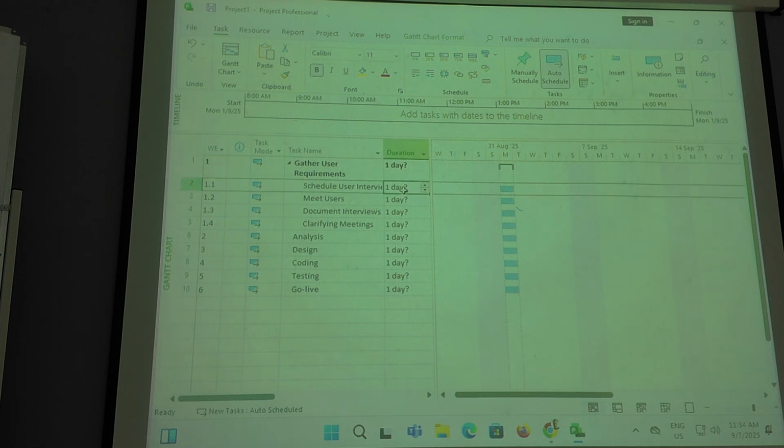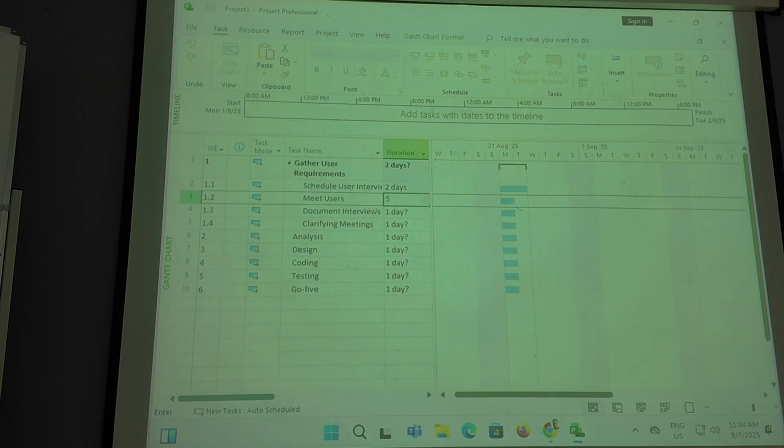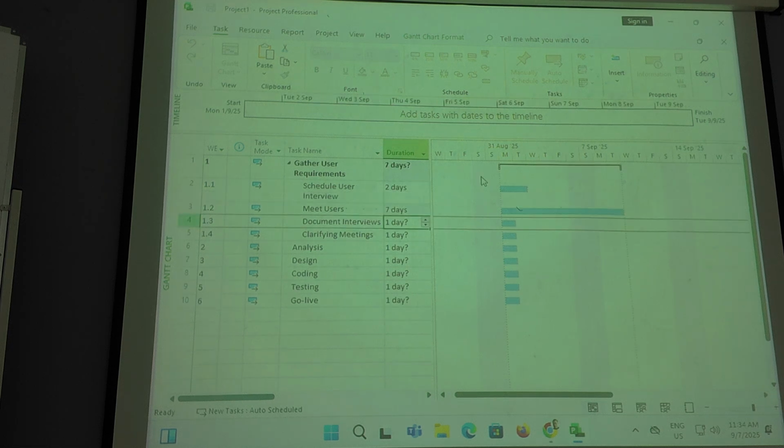Okay. So next thing I want to do is I want to specify the duration. So schedule interviews, let's do it 2 days. Meet the users, so I need a lot of time, maybe 5 days. Or let's put 7 days. Okay. Then, you remember last time I told you, when you put 7 days, you notice it only calculates the